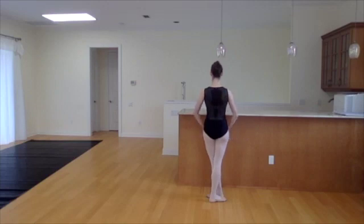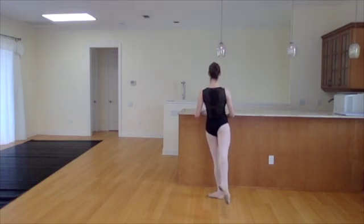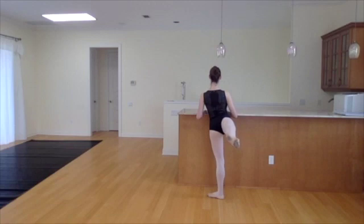5 and 6 and 7 and 8. Press through the knee, swivel the foot, and 3 and 4. Finishing your tendu, and 5 and 6, 45 degrees. 7 and 8, slowing it down, sorry, and press arabesque, and 90, and 3, and 4, press even more, twist